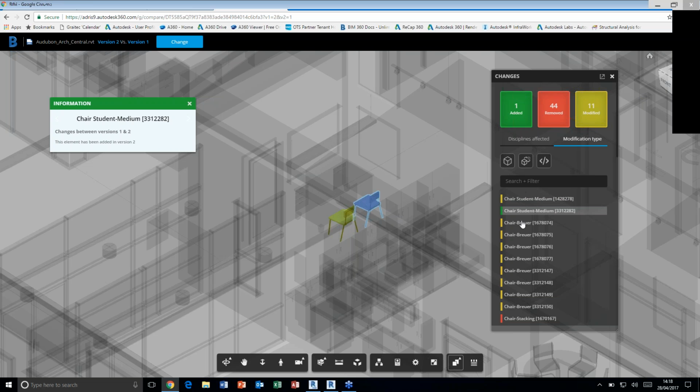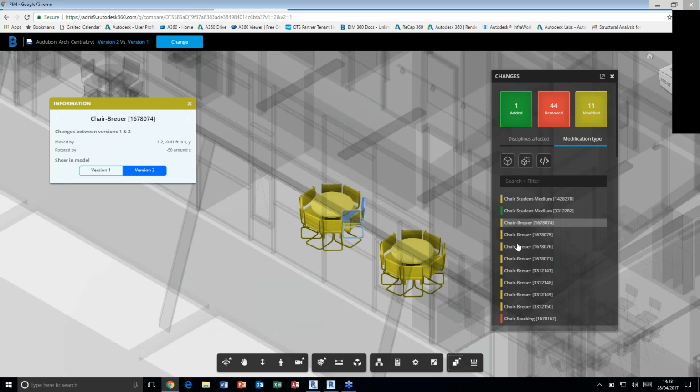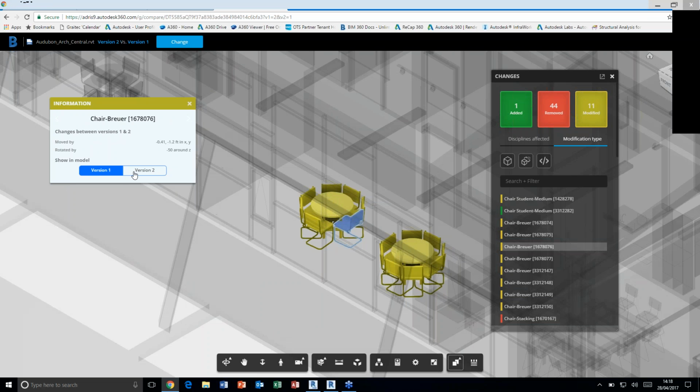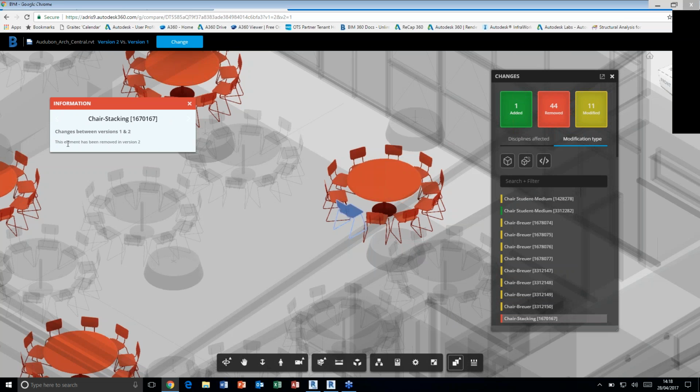And again, I can work my way through this list of components and it will navigate me to each one. Obviously that entire table has been rotated around for whatever reason. Here we have objects that have been removed. See, this element has been removed in version 2. So BIM 360 team, data storage, data transfer, viewing, marking up, comments, calendar, discussions, all your information is in one